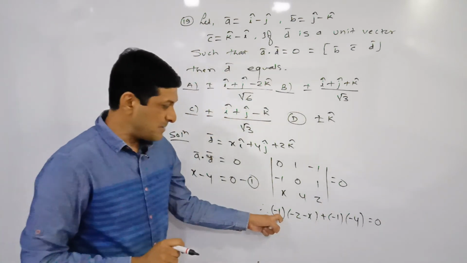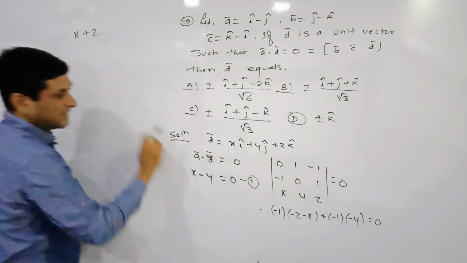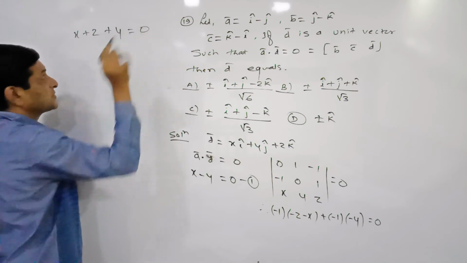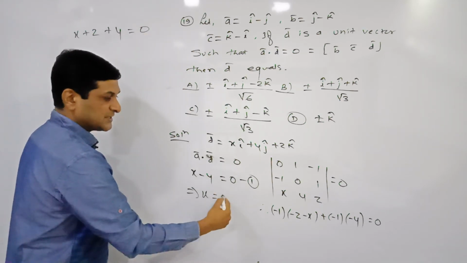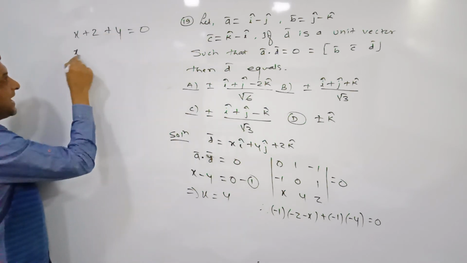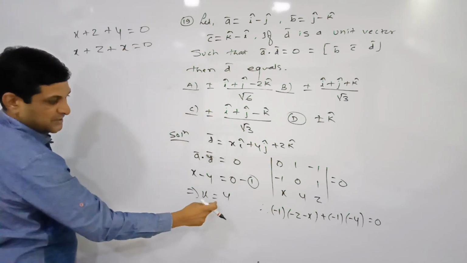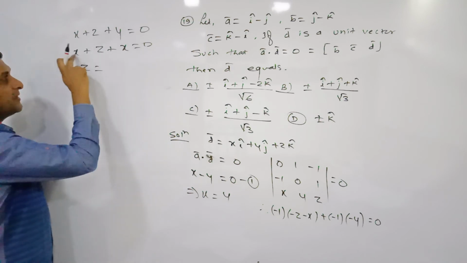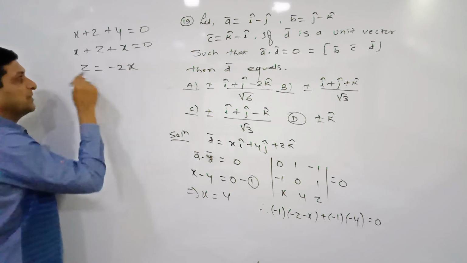Let us multiply by minus to both the terms in this bracket. So what we'll get here? x plus z, and here minus into minus will become plus y is equal to 0. Now according to the first condition, x minus y on this side will become plus y. So if I'm replacing this y by x, from which equation? From this equation, x and y are equal, so replace y by x. So z is equal to x plus x, which is 2x. 2x on this side will become minus 2x.